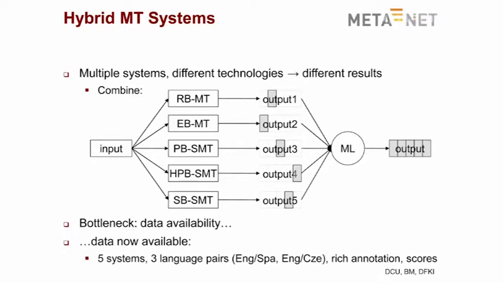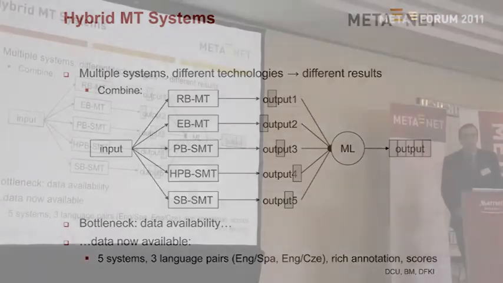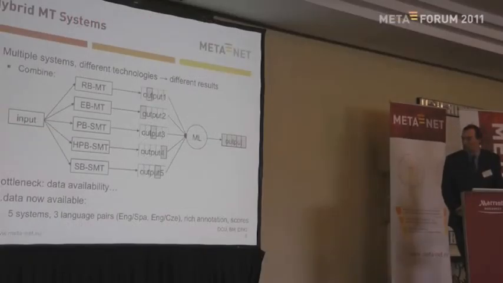Now the question is how to combine the outputs of these systems to get correct translation with no repetitions, and actually the one which combines the best parts of all those systems. So far, the big bottleneck of doing this style of translation was the availability of the data. Of course, if you want to train any kind of classifiers or systems that can combine these features, you have to have the outputs of those many systems.